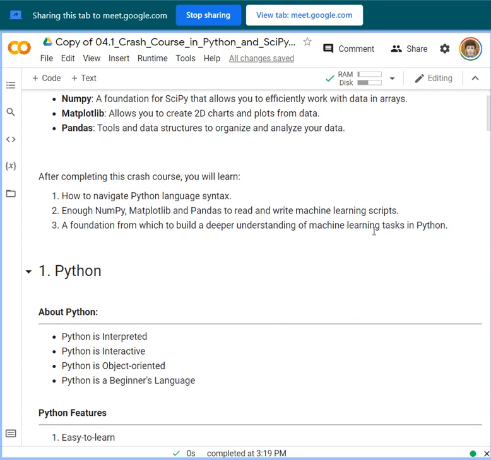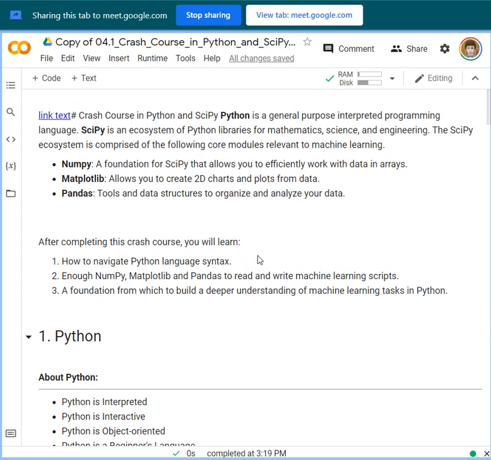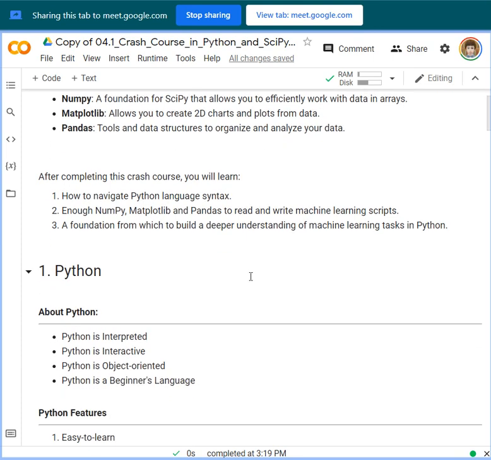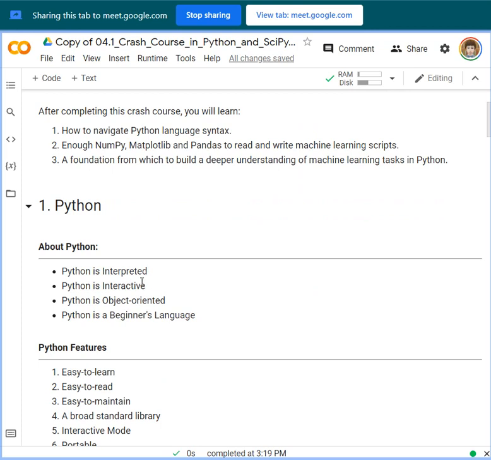Okay, so again, just to summarize, Python is a general purpose interpreted programming language, which is interactive and supports object oriented programming, and is considered a beginner's language.